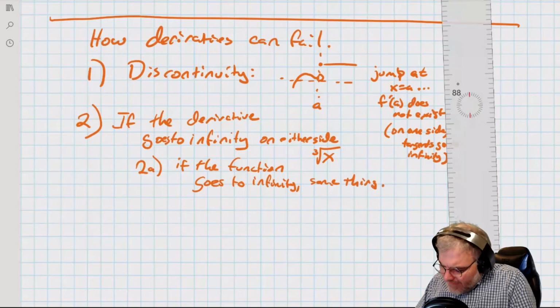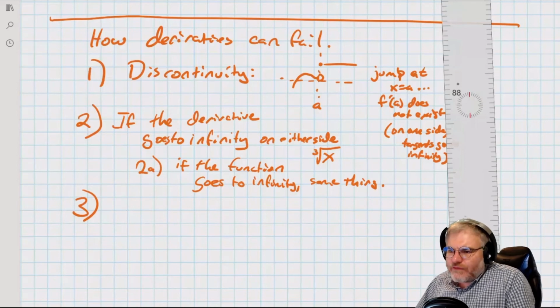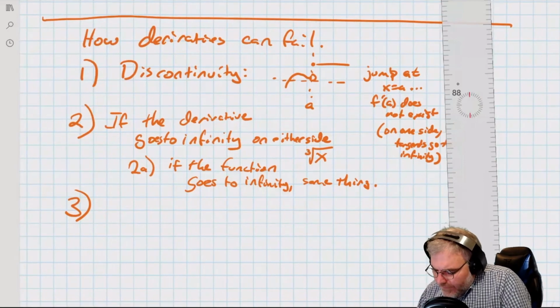The other way I can have bad things happening to the derivative is if the derivative from the left does not go to the same place as the derivative from the right. Okay, so the derivative from the left